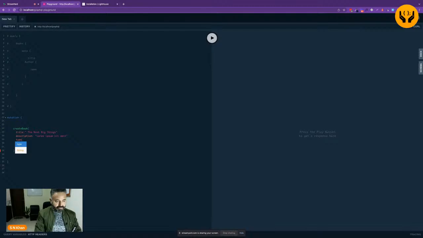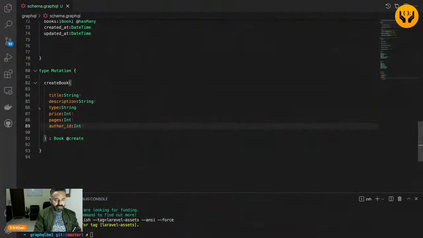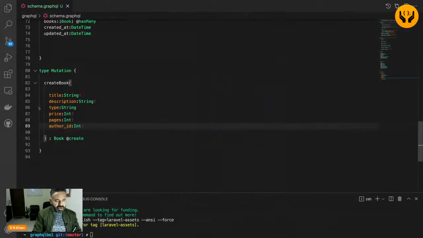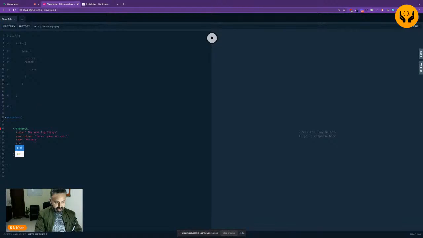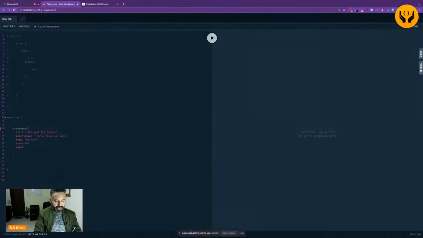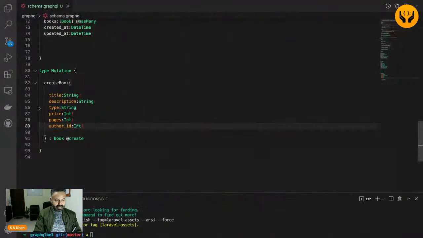Type. Okay, and you might as well say history. You might be better off using some enums or something of some fixed kind of data, because this is going to, or maybe another model, but this is just for the purpose of this demo that we're just using this. Then price. Okay, price, we say $145 maybe, and then pages, there are 167 pages in this, just a random number,